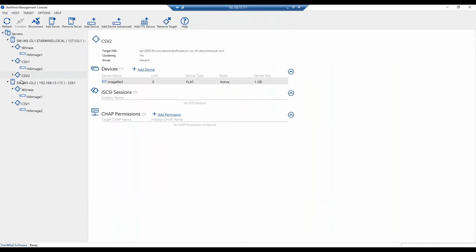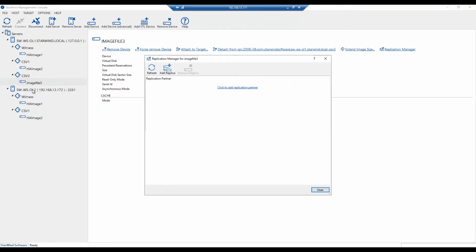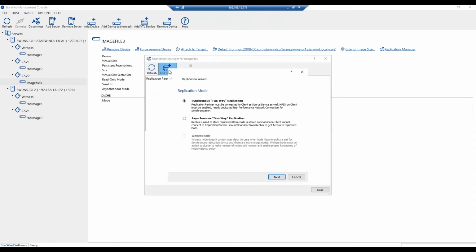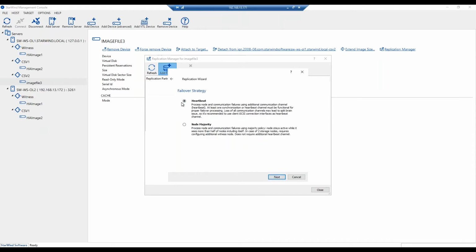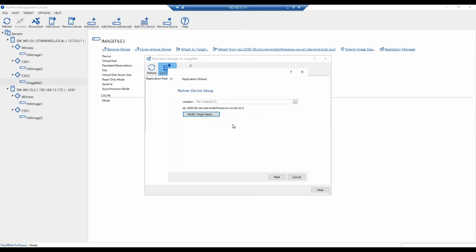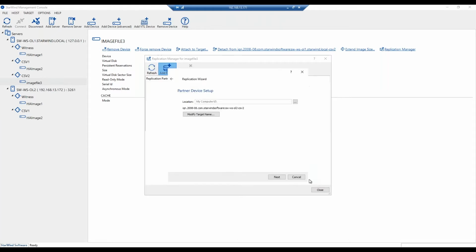And simple enough, our first standalone device is created. The next thing we need to do is to actually replicate it to the partner node. We just select the partner node by the name or by the IP address. We select the heartbeat failover strategy for 2 nodes and create our new partner device. Again, we select the dedicated storage for StarWind H8 devices. It can be also set as an automatic storage in the StarWind settings from the beginning,